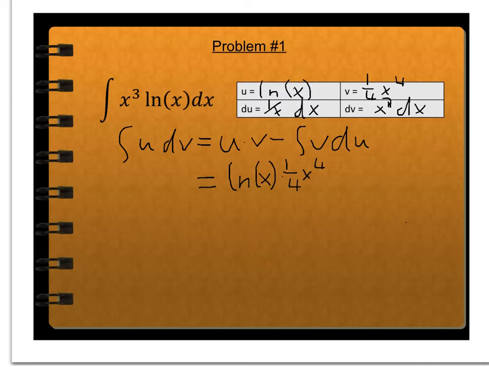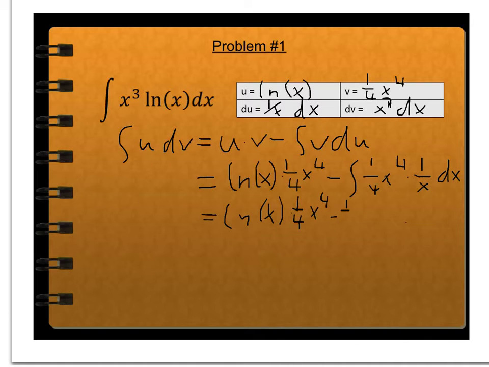x to the 4th minus the integral of v, which we just had, which is 1/4 x to the 4th times the derivative of u, which is 1 over x dx. Okay, now if I simplify that, I get natural logarithm of x times 1/4 x to the 4th minus 1/4 the integral of x cubed